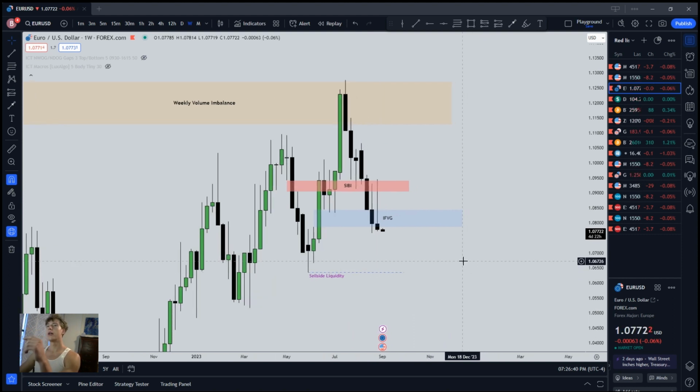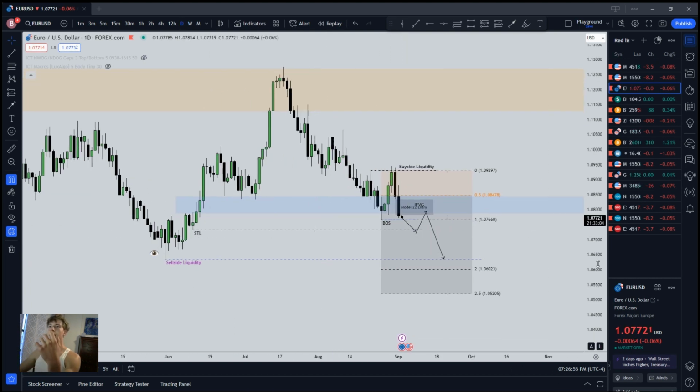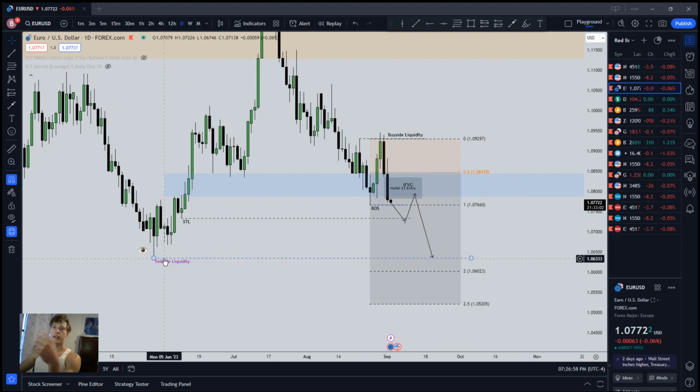I am not expecting us to close below it or trade through it. I am using this as the drawn liquidity, but I am not expecting us to reach it or trade through it. It is just my next drawn liquidity on the weekly chart. Moving down to the daily, there is the sell side liquidity from the weekly,